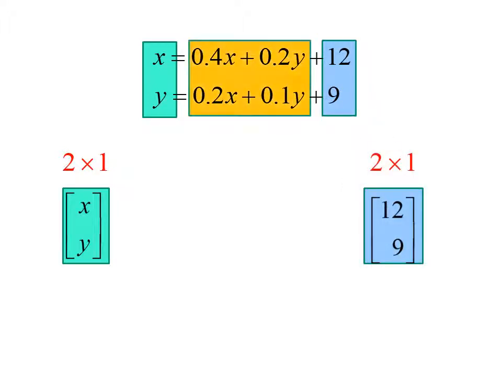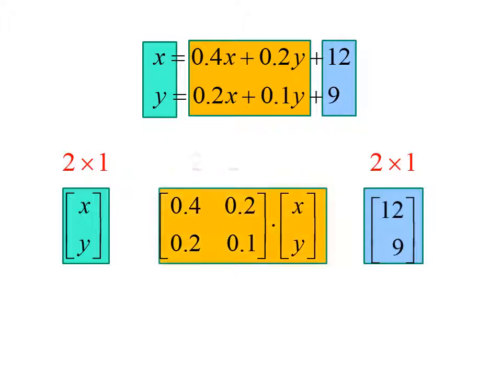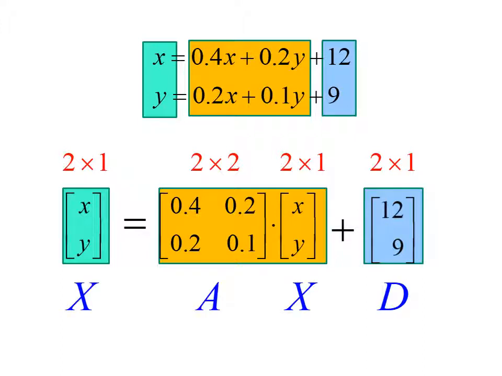And we're going to take the middle and recognize that's a lot like the matrix stuff that we were just looking at. We can write that as A times X, where the A is the coefficients. So we can write this system of equations, if we call these X, A, and D, as